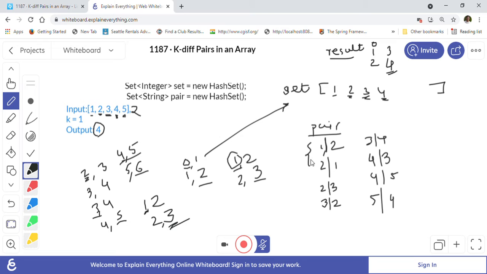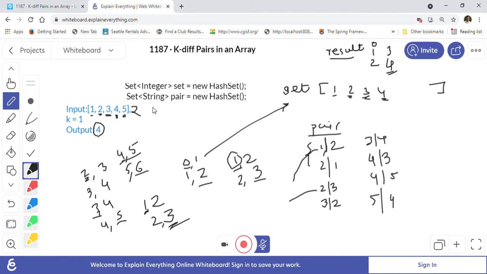But we will always check in the pair set before we increment the count, whether 1 2 is already there, or 2 3 is there. It's already been seen, so we will not increment our result count in that case, because this will make a duplicate entry. To avoid these duplicate entries, we maintain both pairs, 1 2 and 2 1 basically. So it will avoid any duplicate pairs.